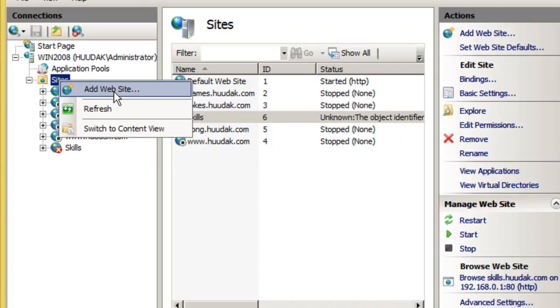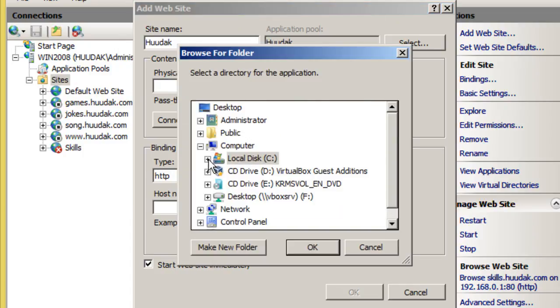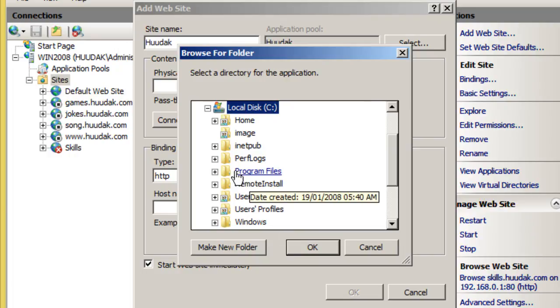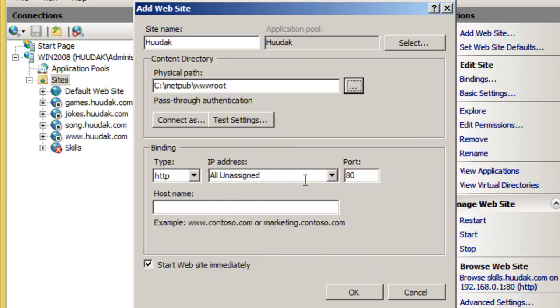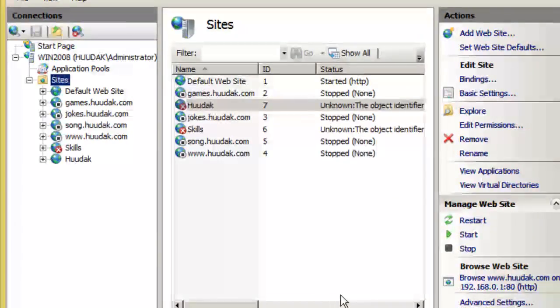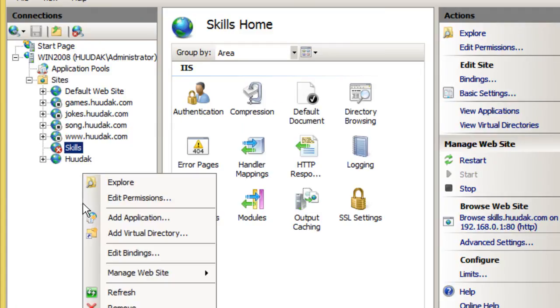Right, we just want to create one more. We just want to name this hoodak. Select the physical path. We want to set it as the wwwroot. So we want to click OK on that. Set the IP address and name this www.hoodak.com, right? So now that they are successfully added,